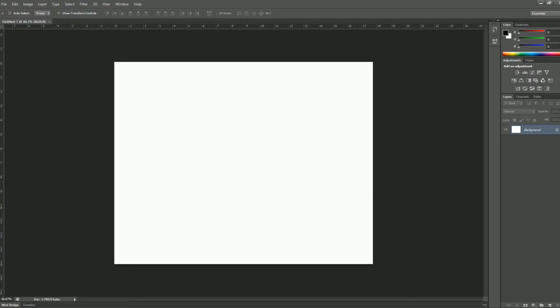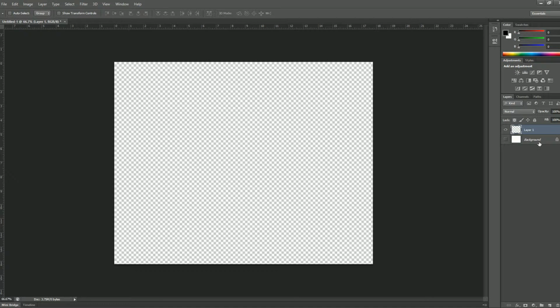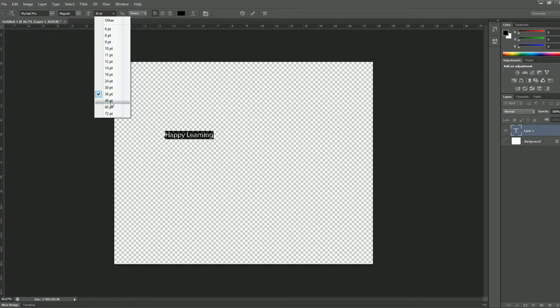So now that I have that, I'm going to click on here at the bottom to create a new layer, and then I'm going to disable this background layer just for fun, and then I'm going to use this text tool, so it's going to take a little while to load. There you go. And then I'm going to type in happy learning, and select it all, and I'm going to increase the size,